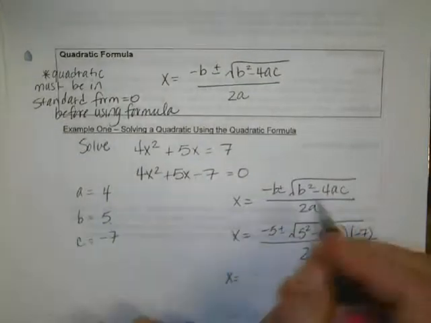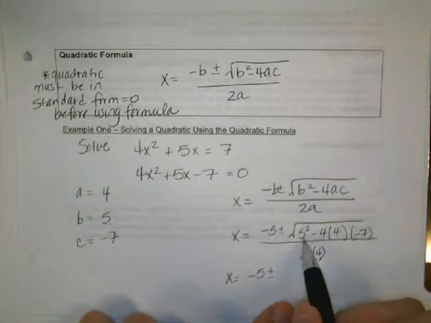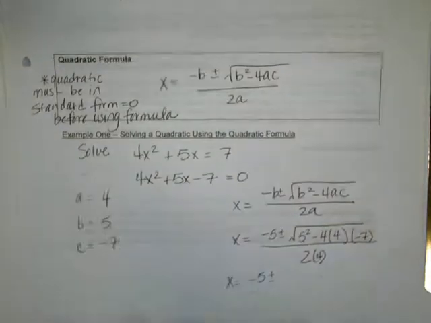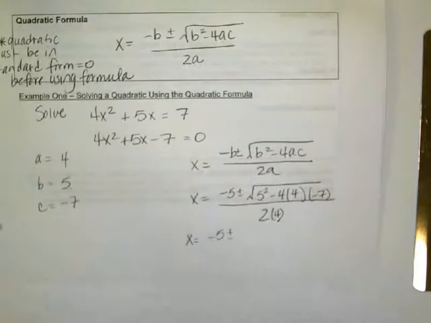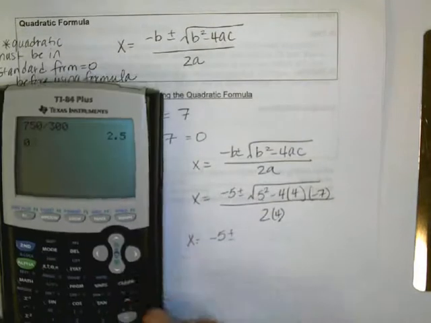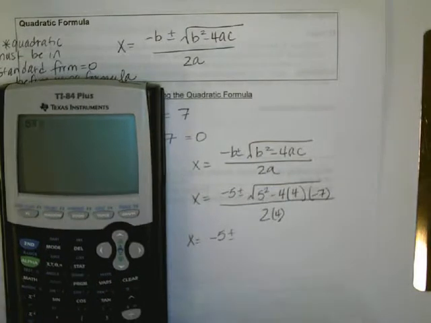And then we simplify. So we have negative 5 plus or minus, in this case, you get 25. And then I'm going to go ahead, grab a calculator here, and multiply. So you could do this all in one step here. So 5 squared minus 4 times negative 7. You end up getting the square root of 137